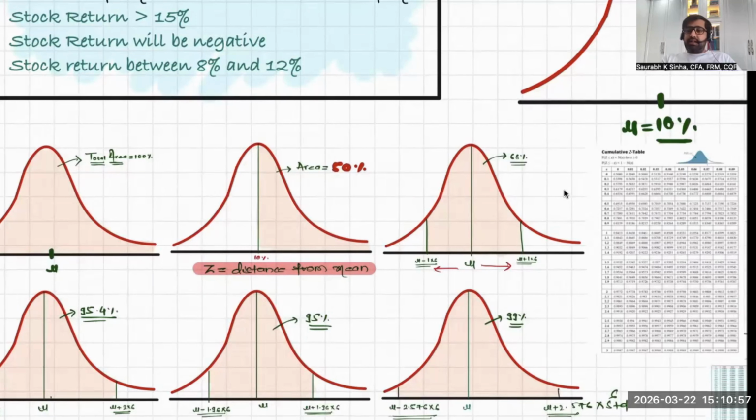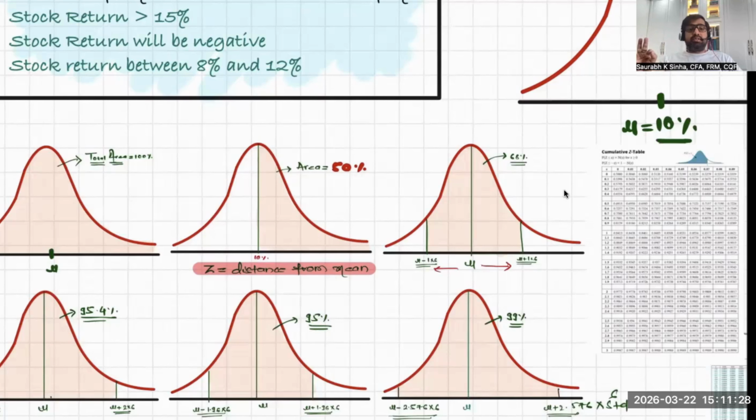How did I get this area? This is coming out of integration. But one thing before moving into that concept of integration, you should understand that what I'm saying, irrespective of whatever the mean is, whether the mean is 10%, 20%, 25%, 30%, or the standard deviation is 2%, 2.5%, or 3%, it doesn't matter. If you move symmetrically in the left and the right direction, one standard deviation away from the mean, then